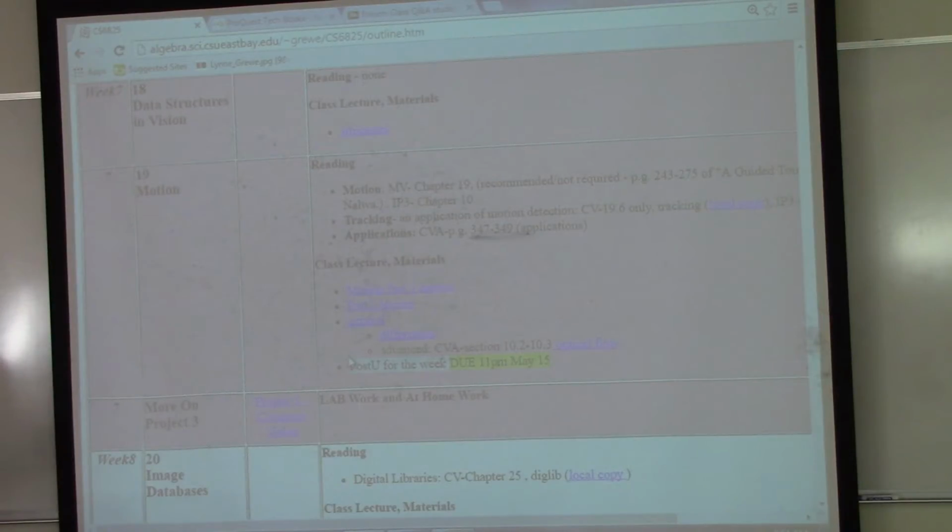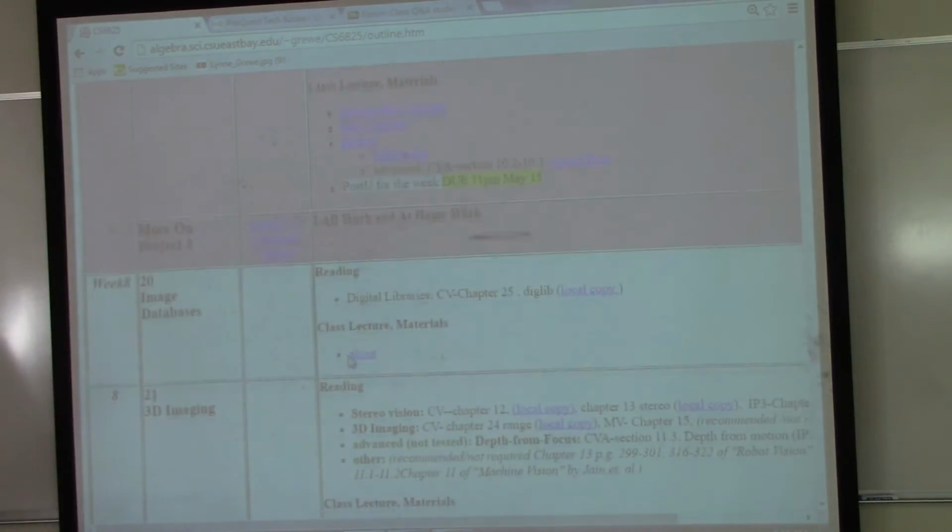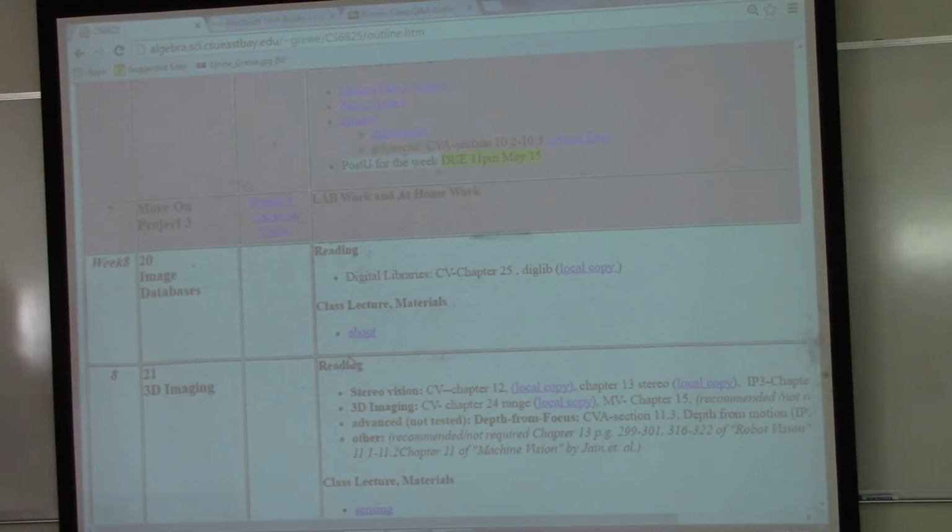Motion is something that sometimes we want to detect. There's a vehicle coming near me. How fast is it coming near me? Motion detection. Some other topics that don't fit any particular place, and involve all levels of vision, are things like motion and 3D imaging, 2D versus 3D.